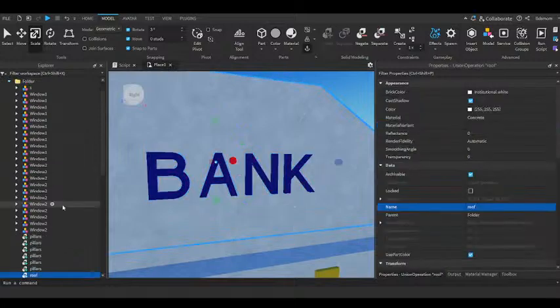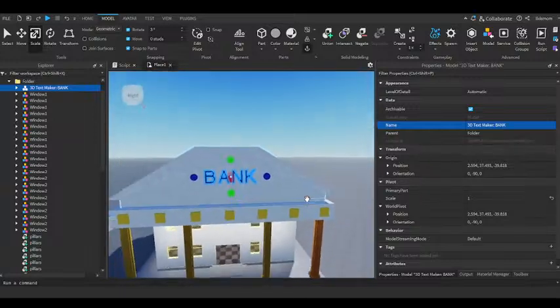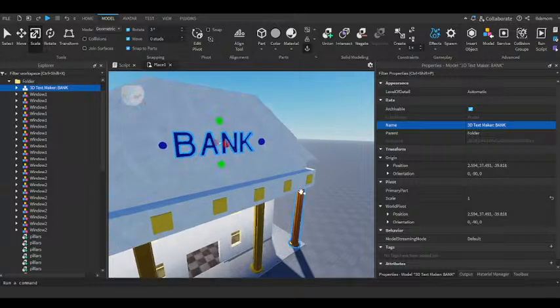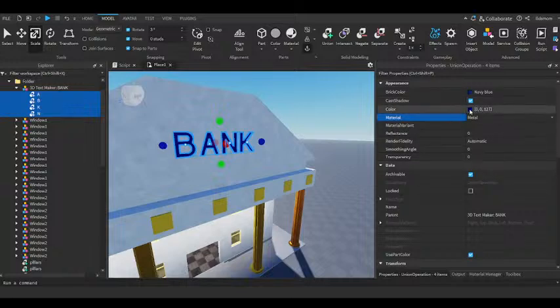What? Control Z. So we can keep this name. The bank is going to be in metal. The bank name is metal, and we will change it to